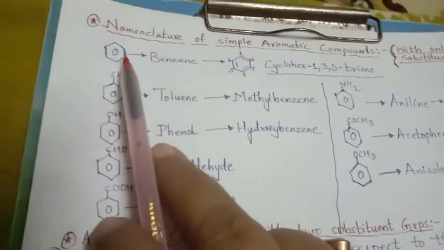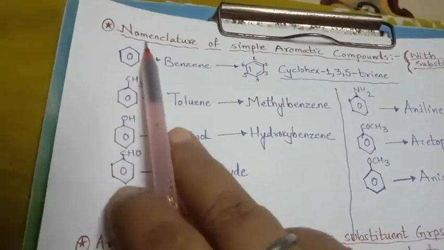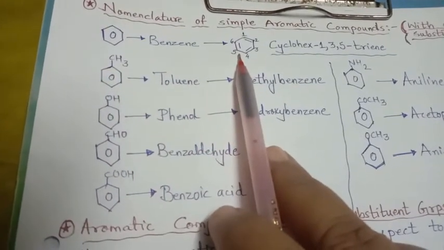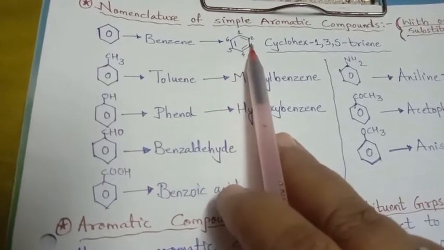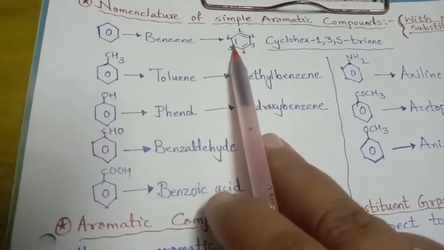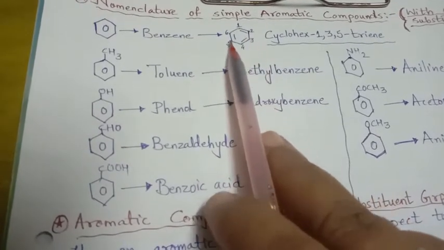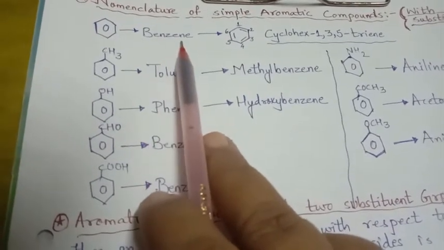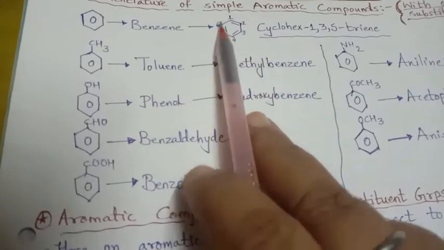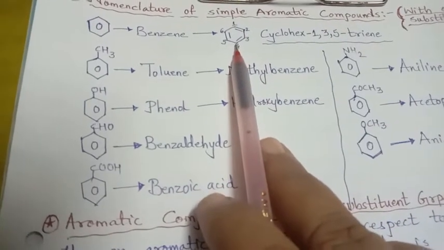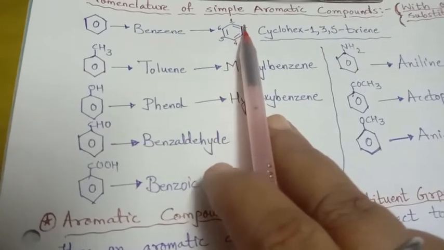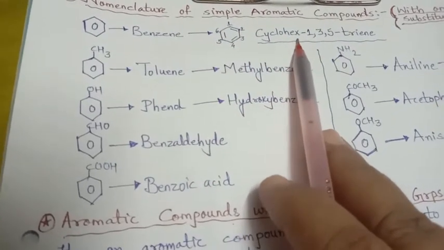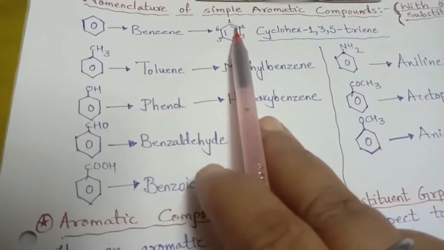So very first, you see this is the benzene ring. No substituent is there, only the benzene. We can see its structure like this: double bond, single bond, double bond, single bond, double bond, single bond. So alternate single and double bonds. This is the common name, benzene. If we give the IUPAC name, then it is a cyclic compound, so cyclane, and how many carbons? 1, 2, 3, 4, 5, 6. So cyclohex.